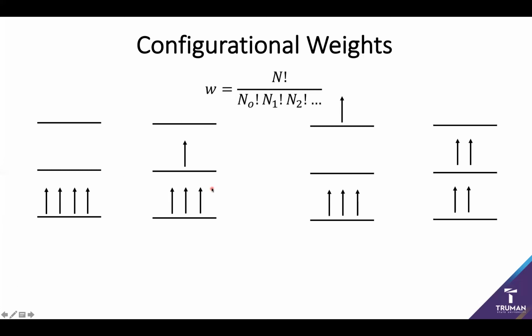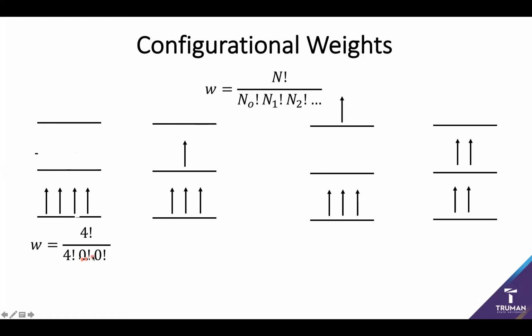And again, it is worth noting that in this description, we're mostly focusing on the idea that all of these states are energetically equivalent. So let's go ahead and take a quick practice and try and figure out how to describe the configurational weights of various potential ways to put four objects in three energy levels. So again, the simplest possibility is I put all four particles in the ground state. So in this case, I have four particles, so it's N factorial. And then all of them are in this ground state, so that's N factorial as well. And then the remaining states have no particles, so they each get a 0 factorial.